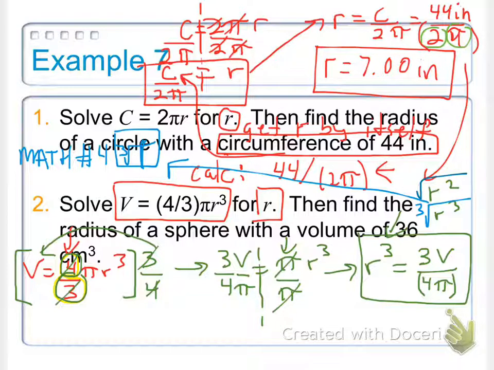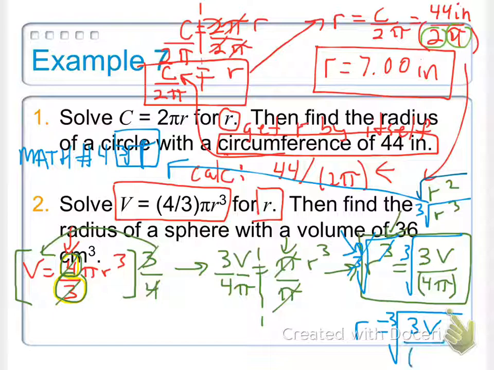So that's what I'm going to do here. I still have to do this formula here. I need to undo here. Whatever I do to one side, I do to the other. So really my formula is going to be, this cancels out this. I'm going to get r equals the cubed root of 3V over, and I'm going to put in parentheses 4 pi because it's going to help on the calculator. Okay, so there's my answer in blue. Now I need to make some space so I can actually do the problem. So I'm going to erase